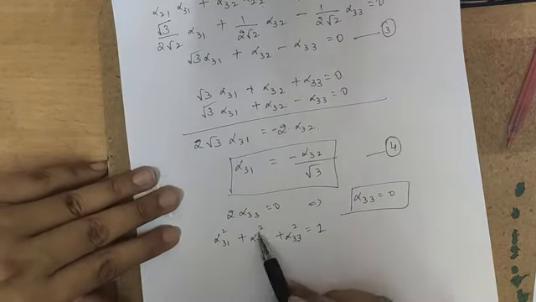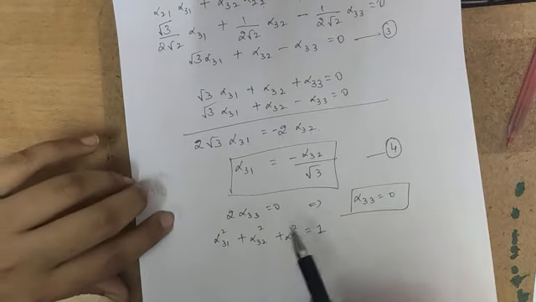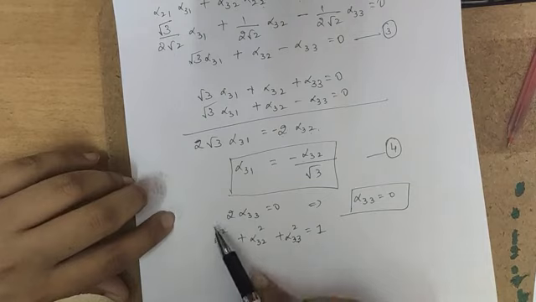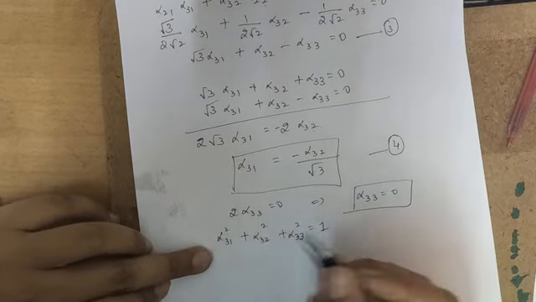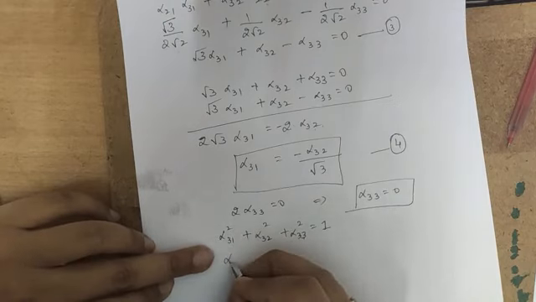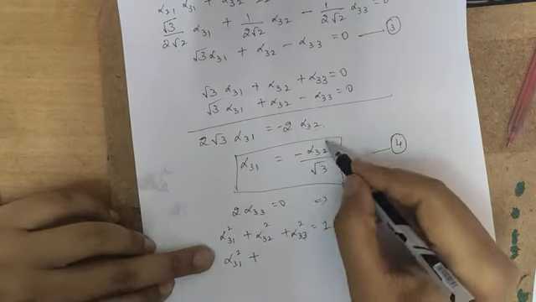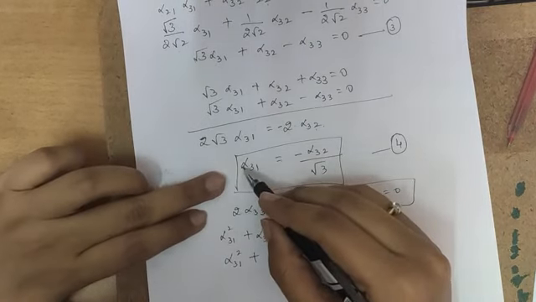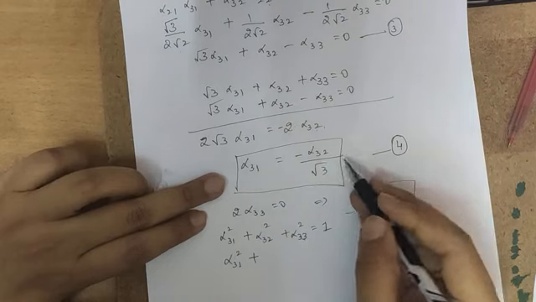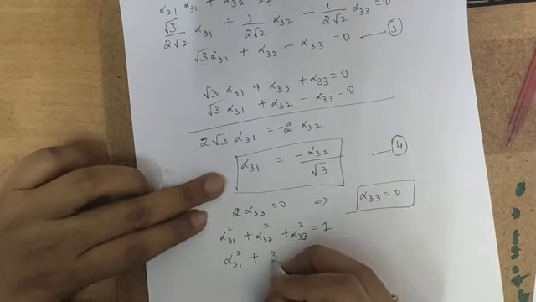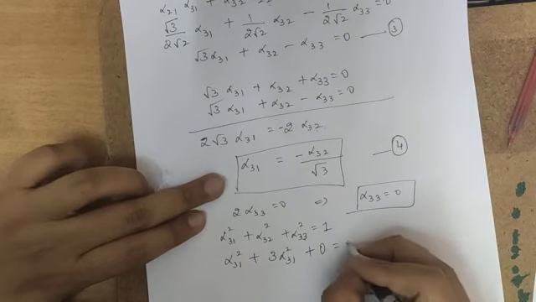You will get the value of alpha 32. Or substitute for alpha 32 and alpha 33, you will get alpha 31. So what I will get, alpha 31 square I will write as it is, plus alpha 32 I can write root 3 into alpha 31. So square, that means root 3 square is 3 itself. 3 alpha 31 square plus this is 0 1.